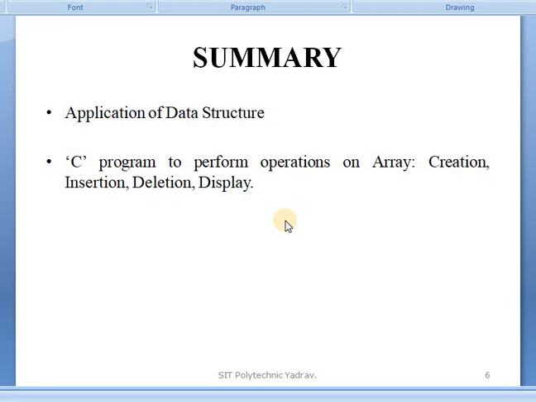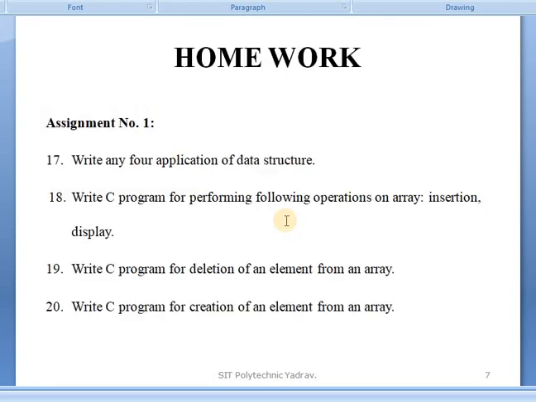Okay, today's homework is assignment number 1, continuing the questions from the previous lecture. Up to 16 are complete. Now start the next number, that is 17, which are these 4 questions. The answers are given in your video. Write any 4 applications of data structure.